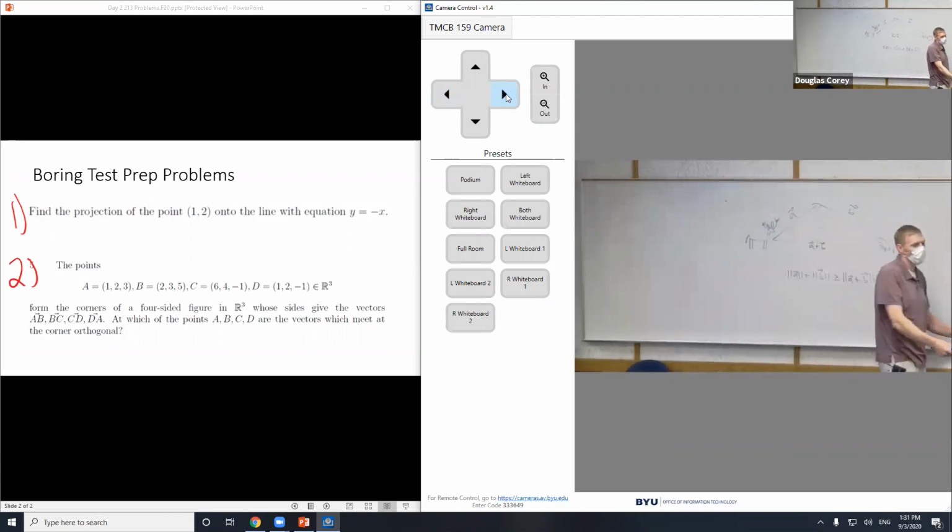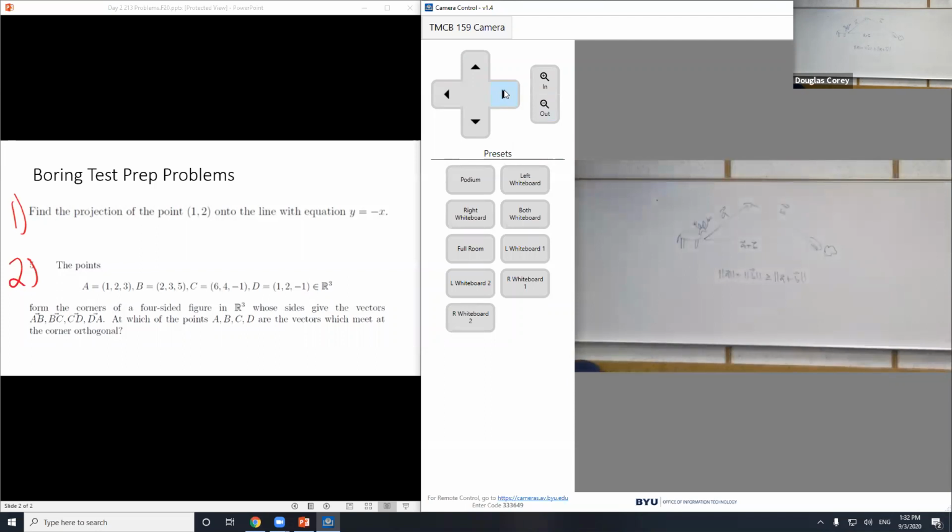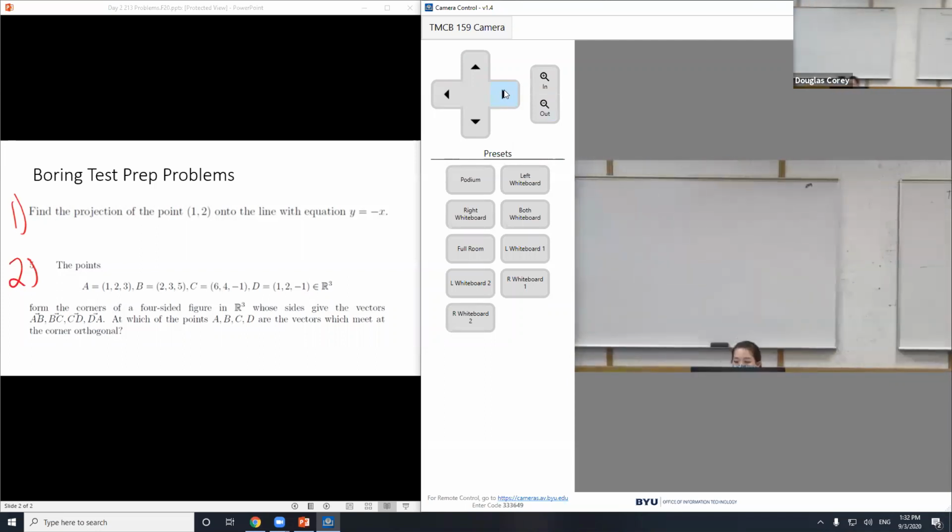Michelle told me yesterday that it's the most important inequality she used in one of her classes. In upper division, if you ever take theory of analysis, this is one of the first things they teach you, and they say this is by far one of the most important inequalities in mathematics, and you use it all the time. So if you ever take Math 341, the triangle inequality is very important.